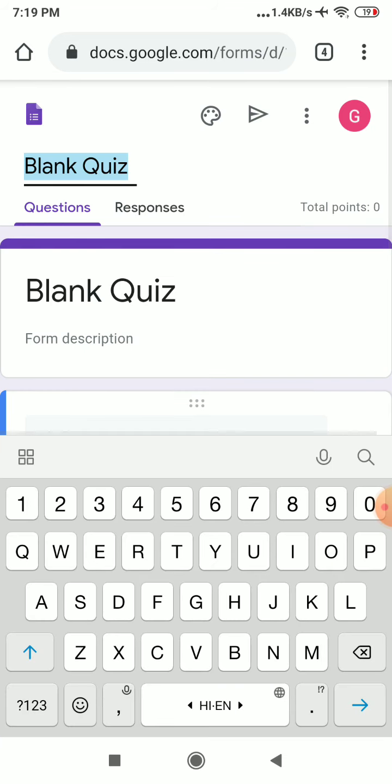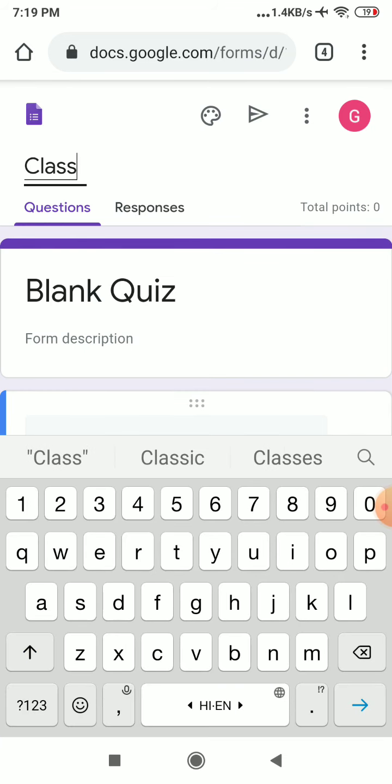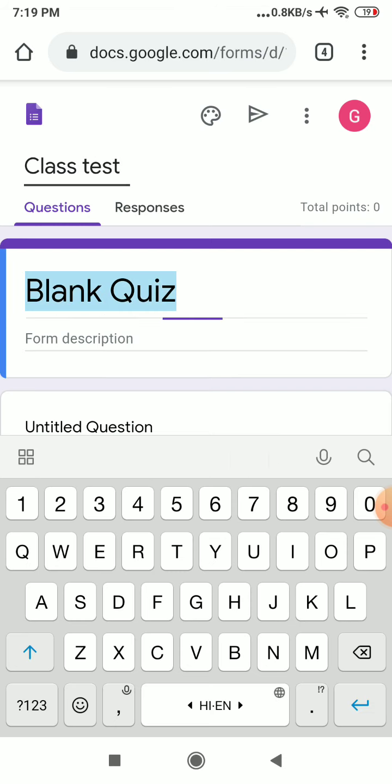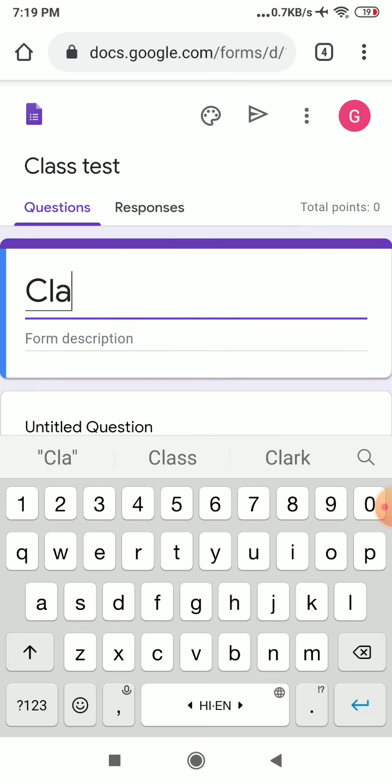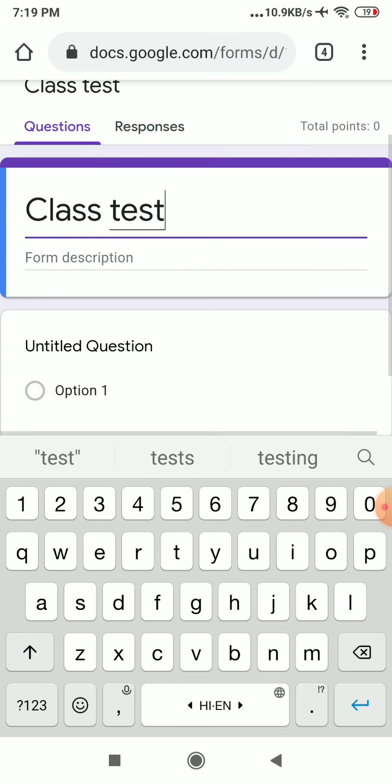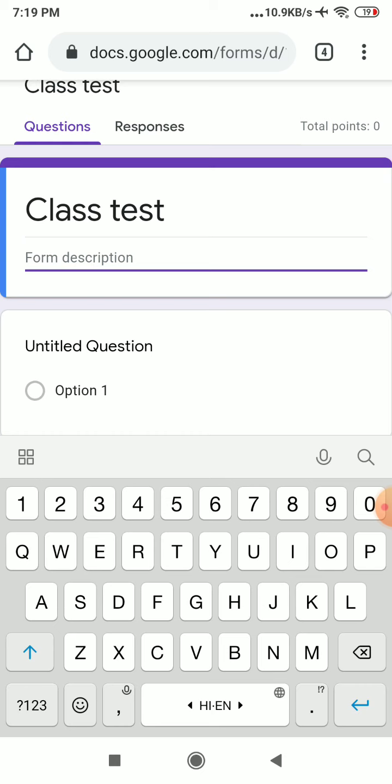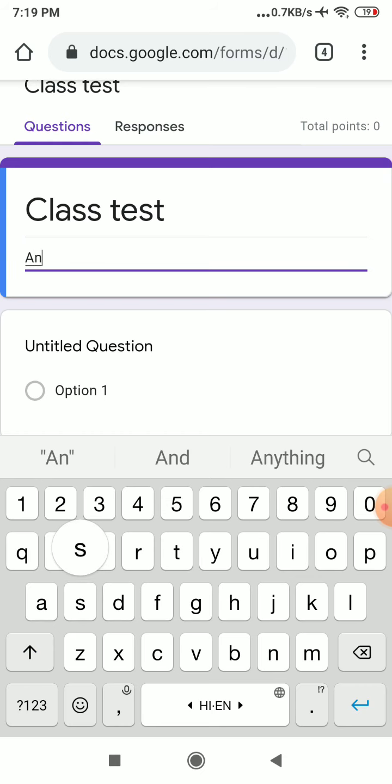Okay, I am writing class test. Clear? Then here also the same, class test. Then for the form description I am writing, you can also write a different thing, answer all the questions. Okay, so here I have completed.